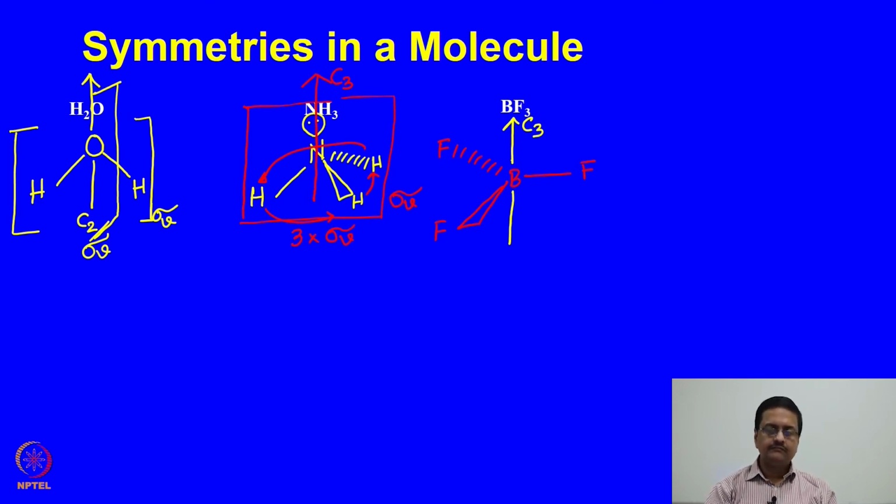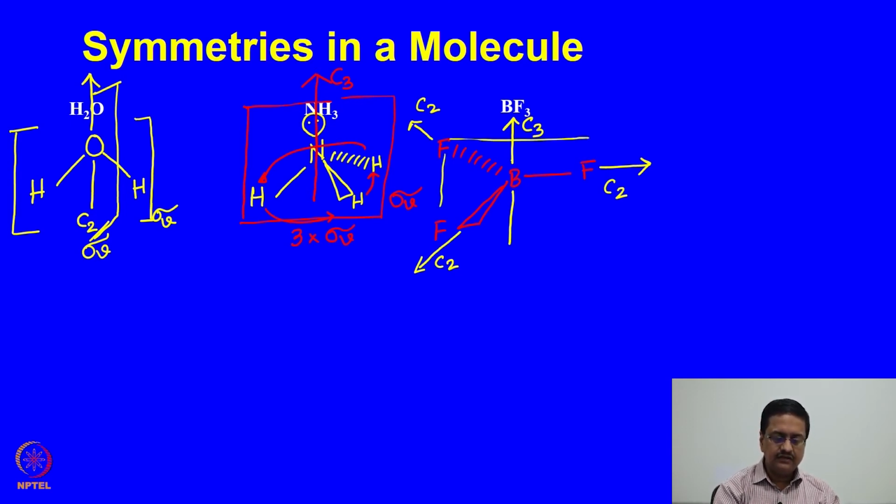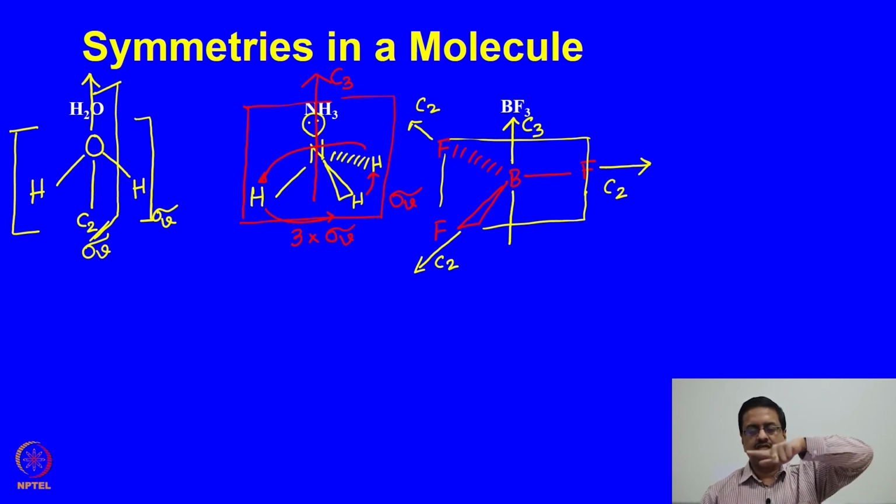What else does it have? It has 3 C2s, as you may be able to find out. Then the plane of the molecule, that plane which contains the molecule, is perpendicular to C3. So this plane, which is the plane of the molecule, is perpendicular to the C3 axis. So that mirror plane is nothing but sigma h,